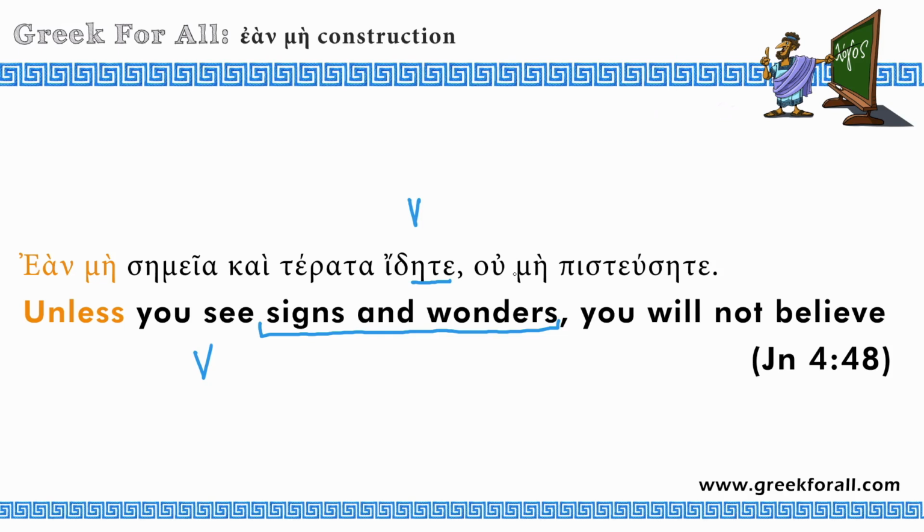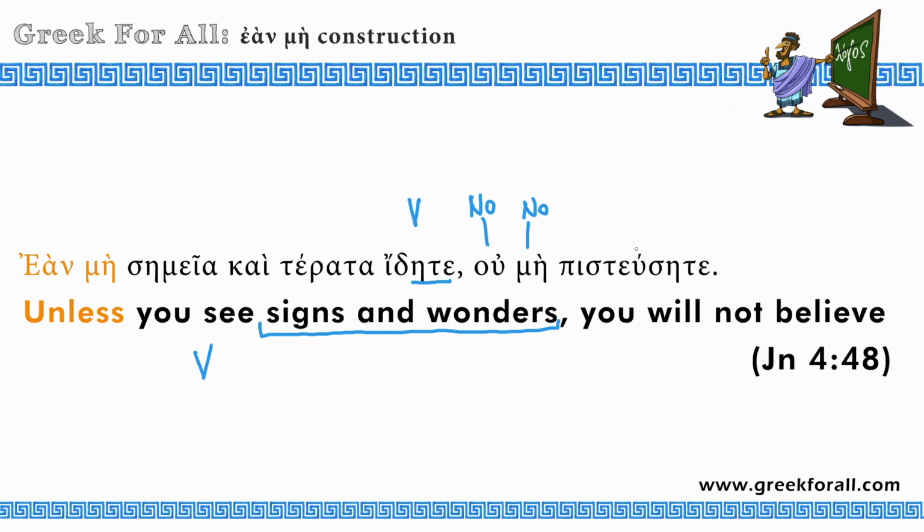ou me. Ou me is a very interesting construction. In Greek, these two words, ou and me, they are synonymous. Both of them mean the same. They mean no or not. So when two of these words stand together, they create this very strong negation. I'm going to make a video about this construction, so subscribe to this channel so you don't miss it.